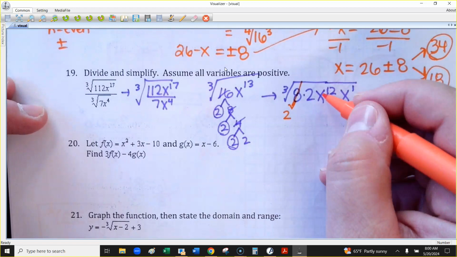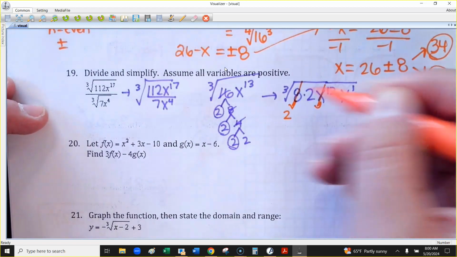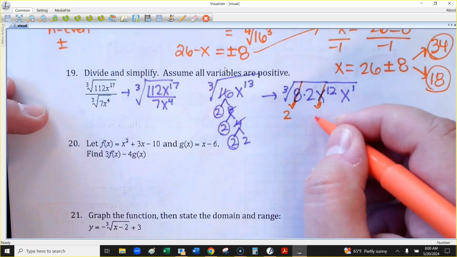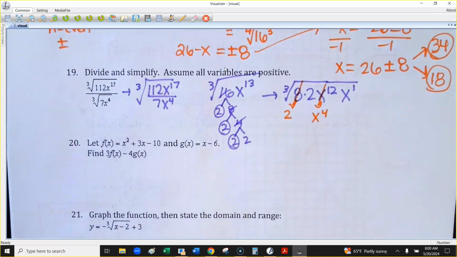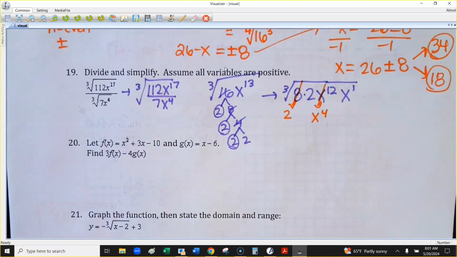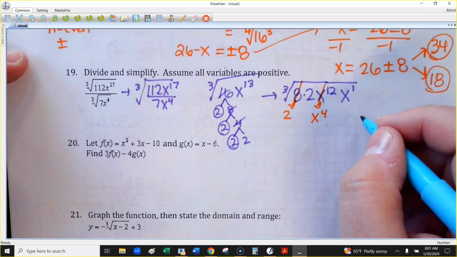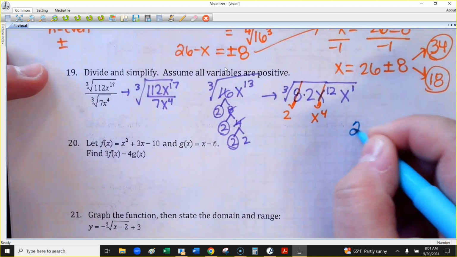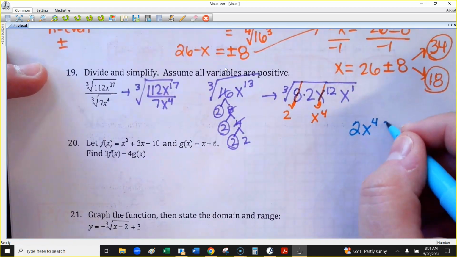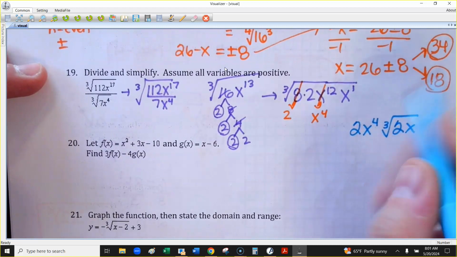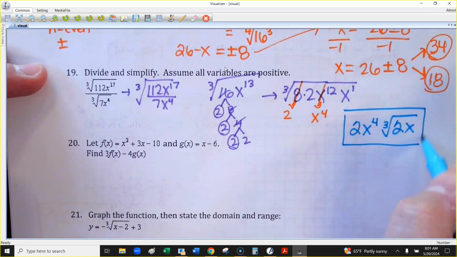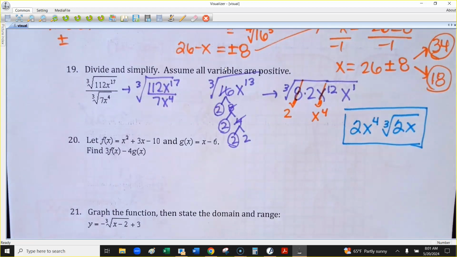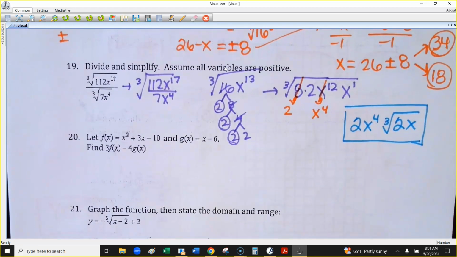Now for the x, you're just going to divide the exponent by the root. So 12 divided by 3 is 4, and then the 2 and the x are going to stay underneath. So my actual answer here, I got 2x to the 4th, and then left under the cube root, we have a 2x. Does anybody have a question? Okay, now,